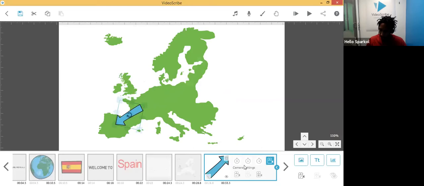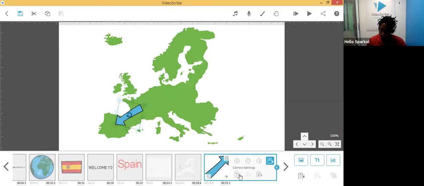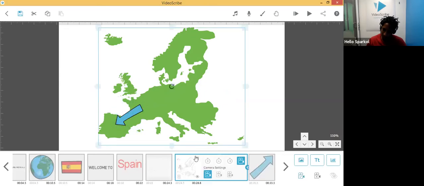And I'm going to set the camera position to be the same as my map. So let's view the map's camera position, which is here. And then I can set the arrow to be the same just by clicking on the camera with a tick. So when I play this back,